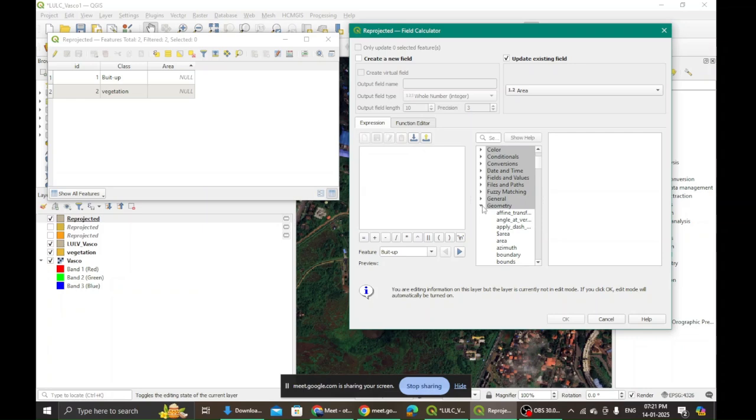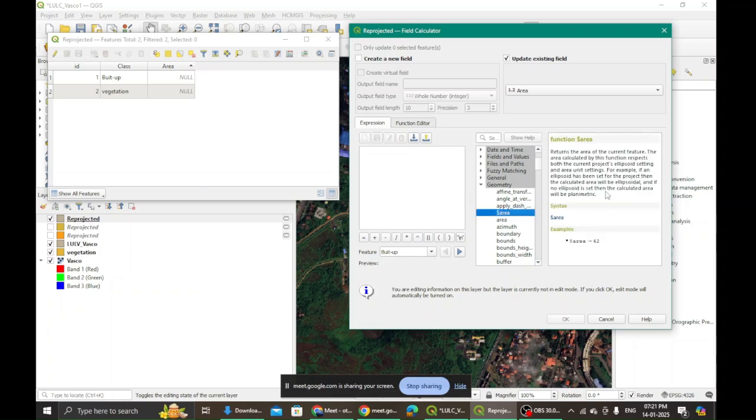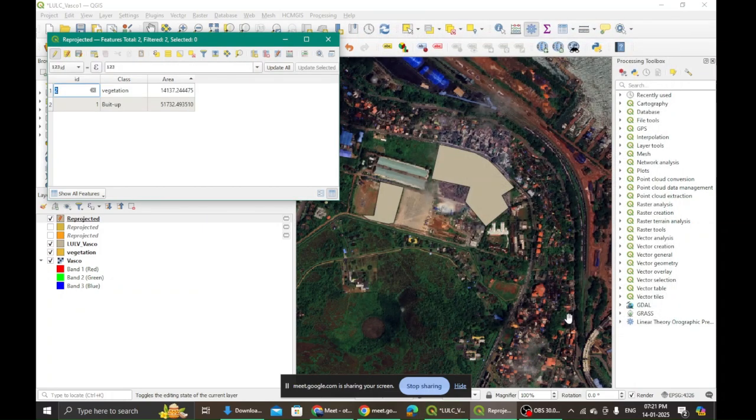I drop it down using the small triangle and go down to this dollar sign area. If I click it once, I get its information. However, if I double click it, it comes here in the expression box, and I click OK. Once I click OK, my area gets populated.